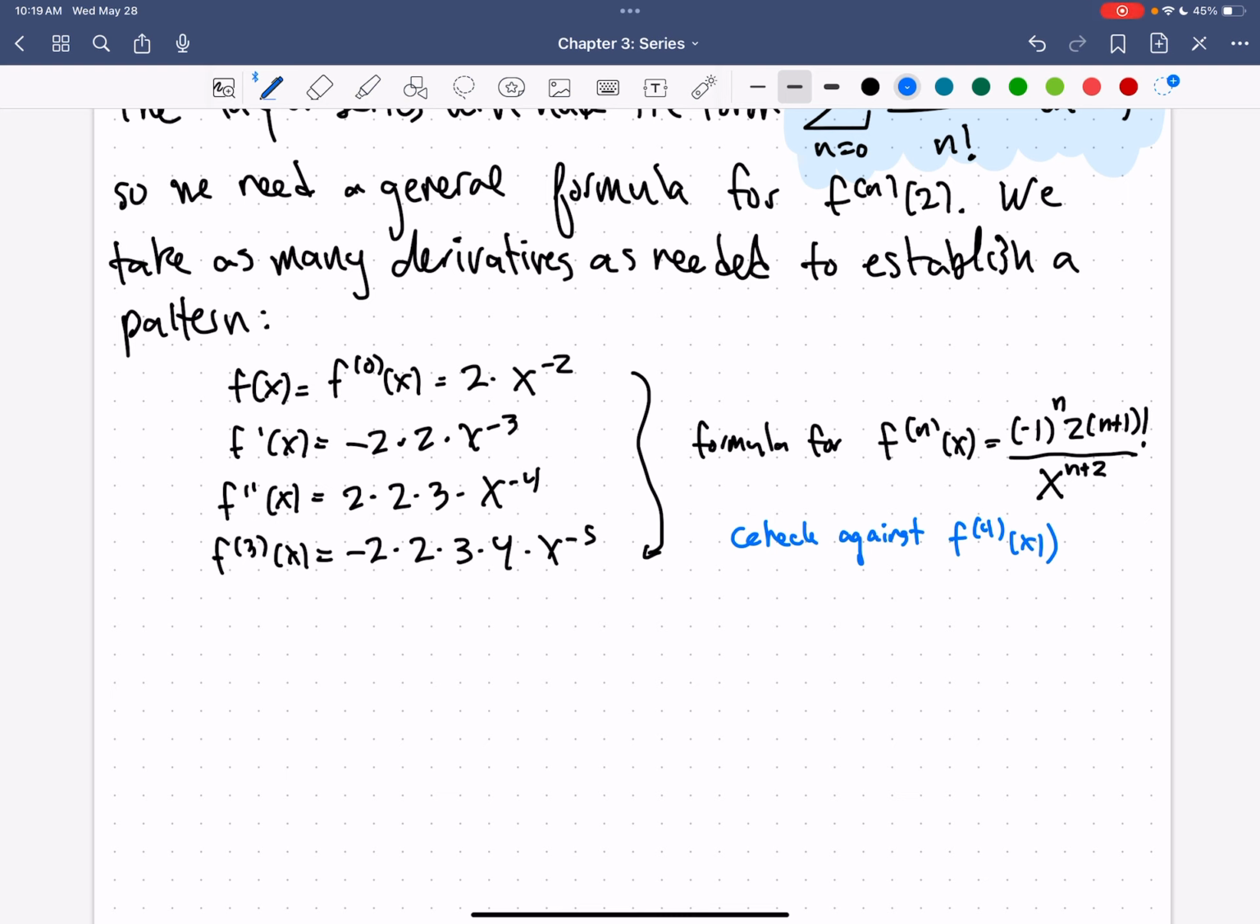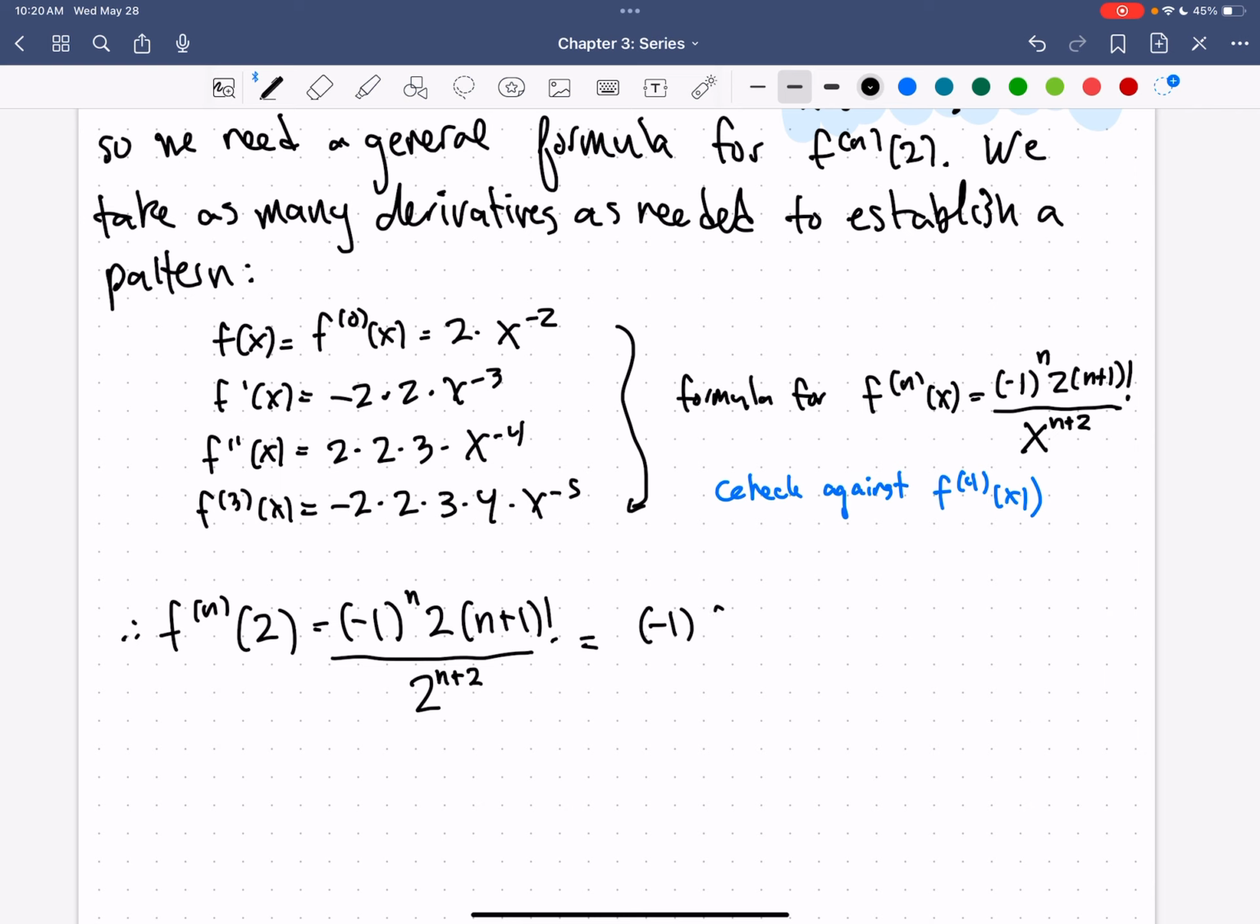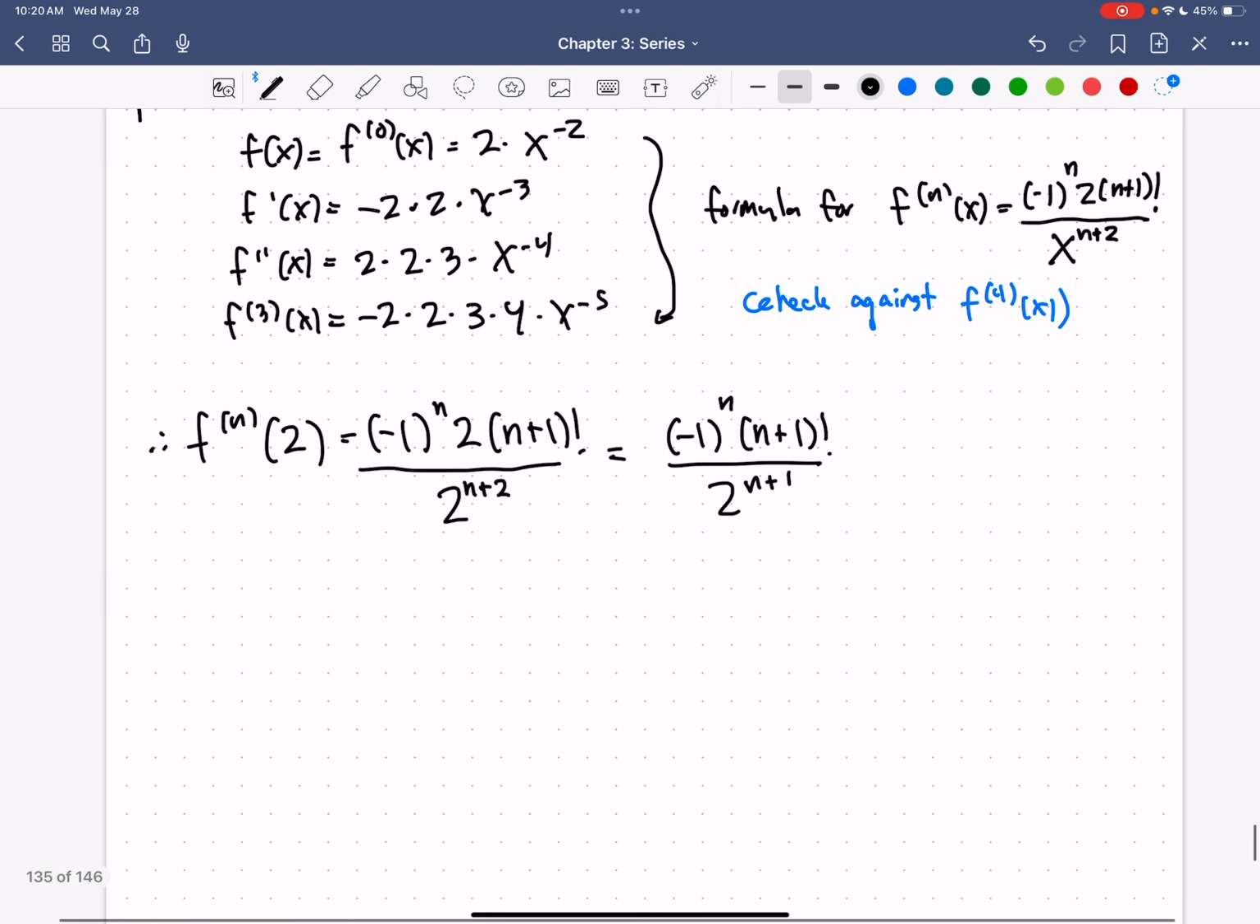So, okay, that's our formula for the nth derivative. So from that then, we know that the nth derivative at 2 should be equal to negative 1 to the n, 2 times n plus 1 factorial over 2 to the n plus 2. We've got a 2 in the numerator, so we can do a tiny bit of simplifying. We've got negative 1 to the n times n plus 1 factorial over 2 to the n plus 1. And so from that, we can say